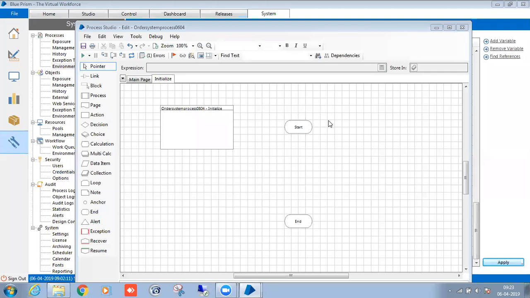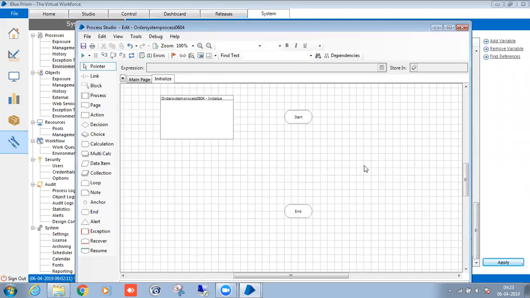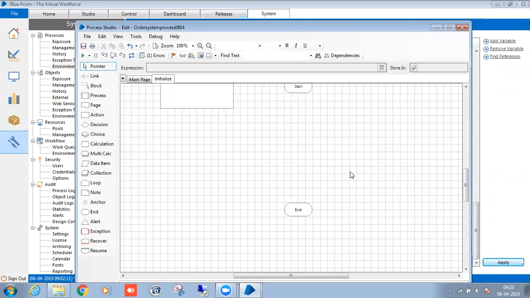Suppose the Excel file is not there, or the credentials are wrong for the other system software, then there is no point in going for the next step, right? That is why I will do the check in the initial page itself. If anything is missed, here only I will raise an exception to the control room people. That mail ID they will mention in the PDD. There are mail operations, and tomorrow we are going to see the mail operations.